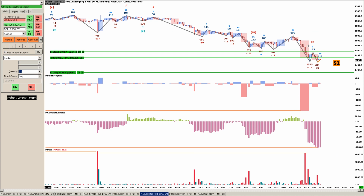So when I saw this pullback signal, I put a sell order and put my stop right above this swing. Take profit, I just moved out of the way right now. I don't know how long it's going to last. Today I don't have a good indication of, say, a support level where to exit, so I'm going to rely on the technical analysis of the indicators, or if we hit our goal, then I'll get out as well. So for now,